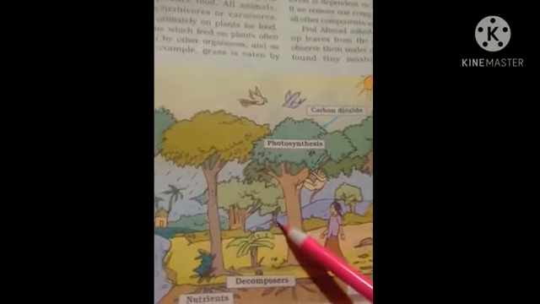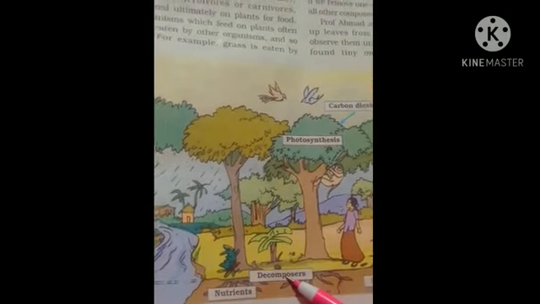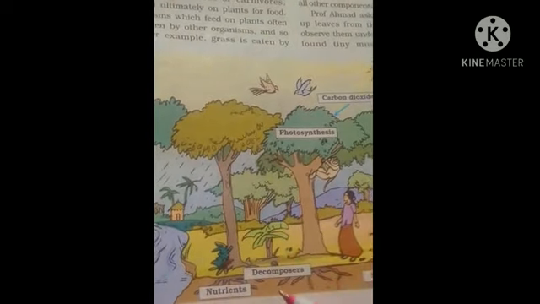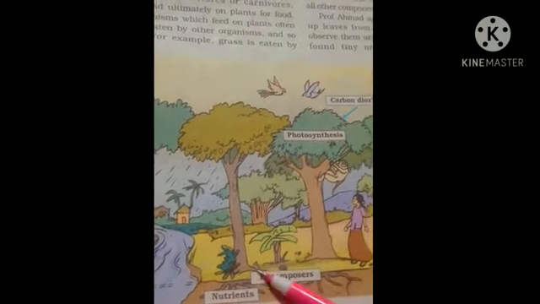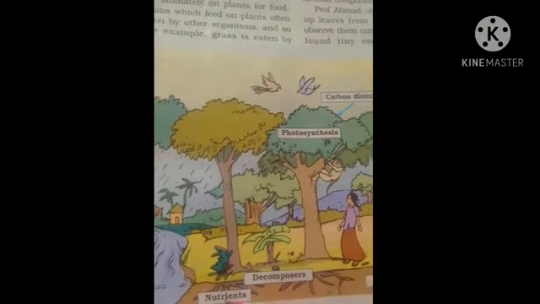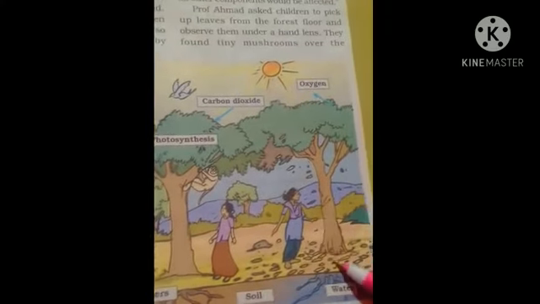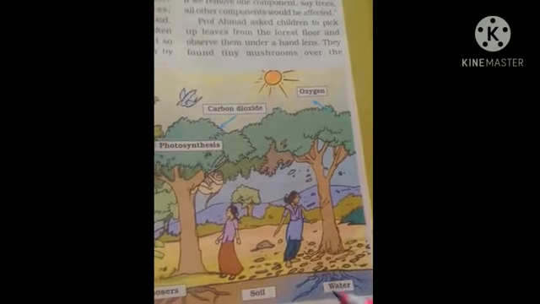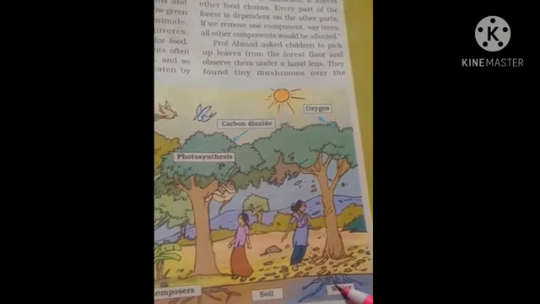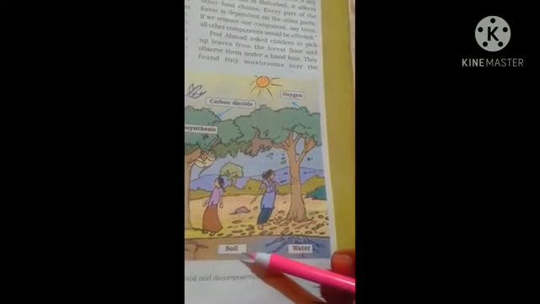When these plants and animals die, decomposers act on them. Decomposers are the microbes which act on the organic matter and form humus and mix it with the soil. In the soil, due to decomposers acting, humus is present. Humus is the nutrient. Soil is here. Trees are there. Trees bind the soil and they prevent water loss. So they all are dependent on each other.